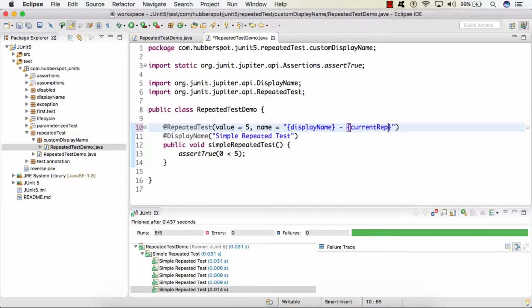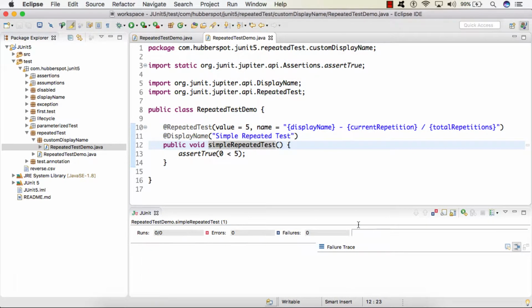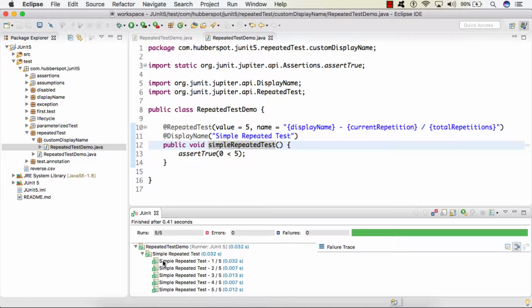So friend, let's say after providing display name, I do something like dash, current repetition, and let's say I provide the total repetitions placeholder. So if I run the test case now, here you will see that it printed the customized display name as simple repeated test, which is our display name.